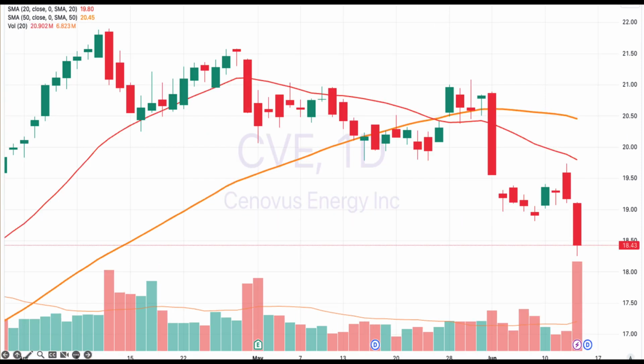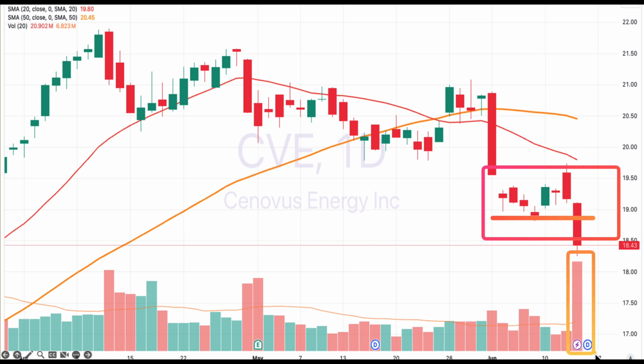stocks in the financial sector, got some of the energy plays. This is one that goes on the top of the list here: Synovus Energy. Take a look at this one. We had a nice rally in the oil markets, and we can see that this thing has just stayed weak for the most part. It hasn't had a big rally, but here we are. Look at the volume today. So I really like this on the downside. You can take a look at other oil stocks, but I think this one goes on top